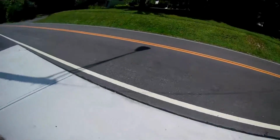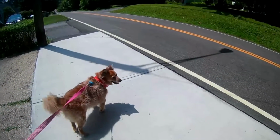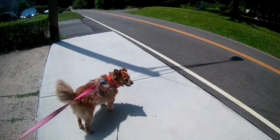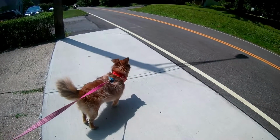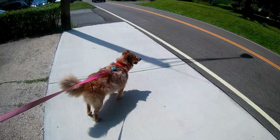The other big thing that you need to be careful of when it's hot out is when you go to take your dog for a walk. So let's go. We're gonna pretend we're going for a walk. We're gonna go over here to our driveway. Now, what is the temperature out today? I think it's only maybe the mid 70s. Mid-upper 70s. Bit of a breeze, which is nice. But if you get much warmer than this, and even on days like this,